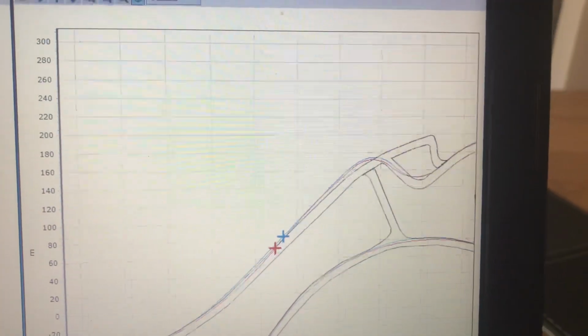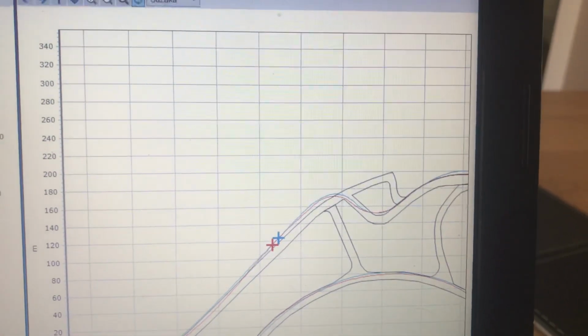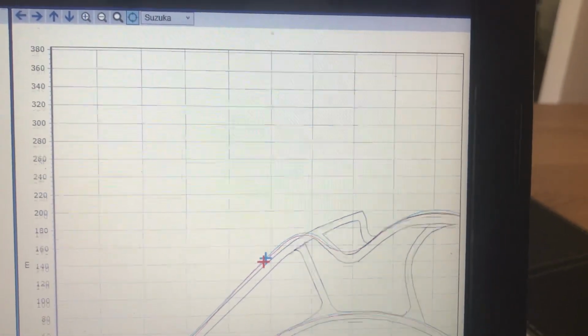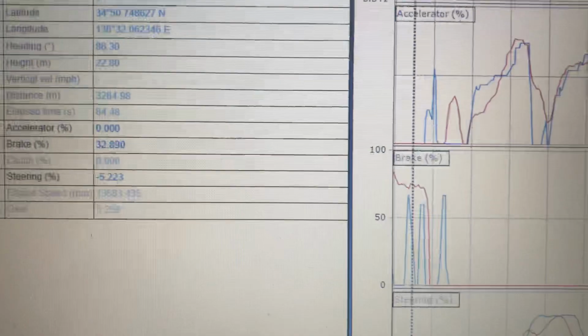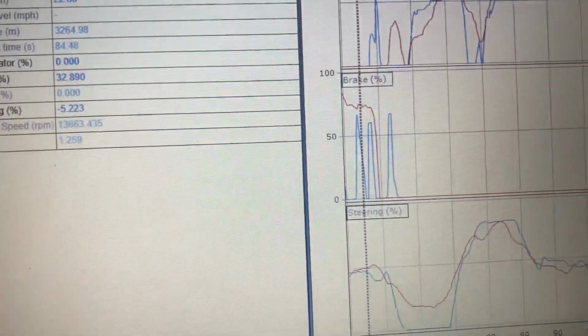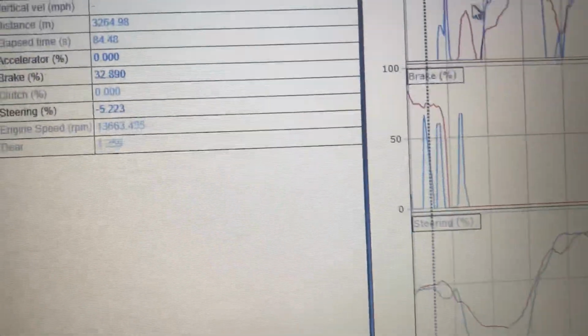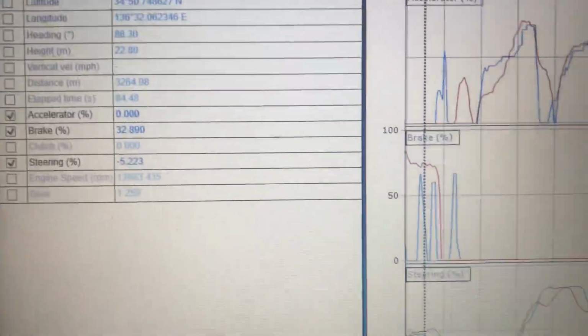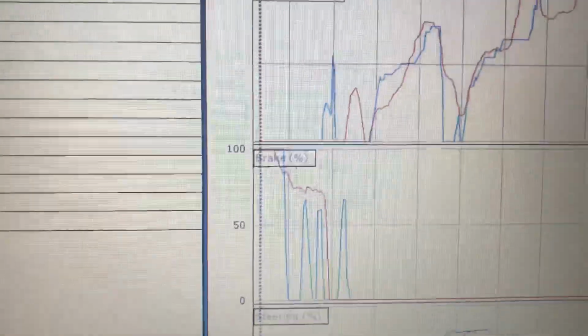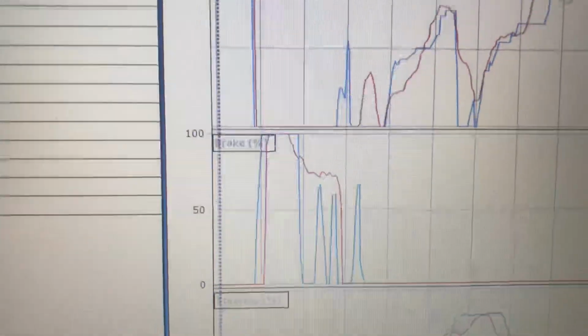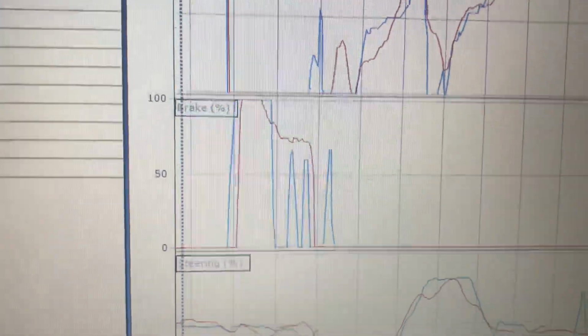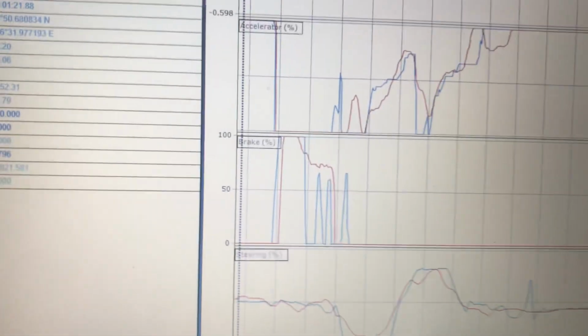If we just advance that, we see as he comes into the corner that Nick hit the brakes that little bit later. Let's back that up a bit. We see that Nick hit the brakes just that little bit later and more convincingly. And advancing forward again. As a result of that,